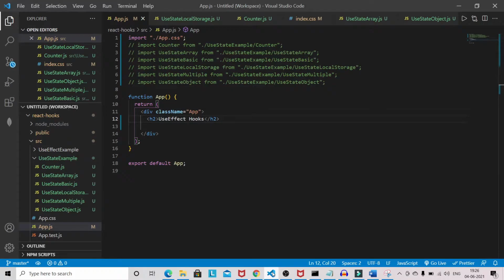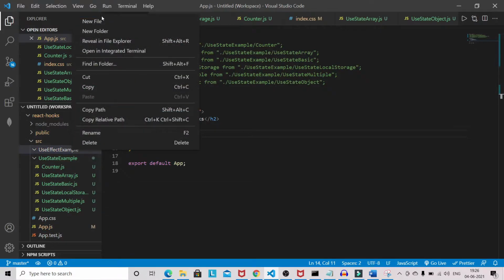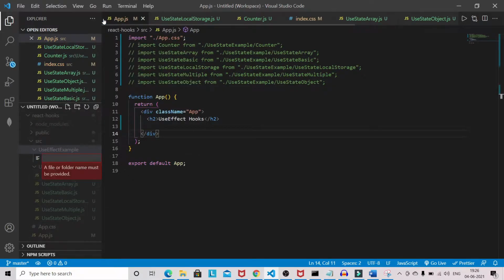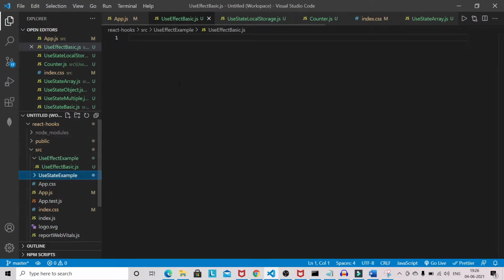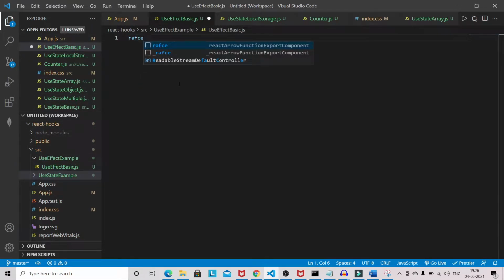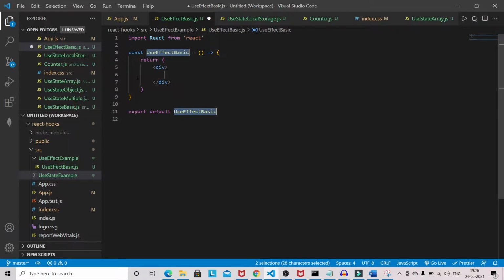Now I will create one file here. I will give the name useEffectBasic.js, and I will create a React snippet with the extension.